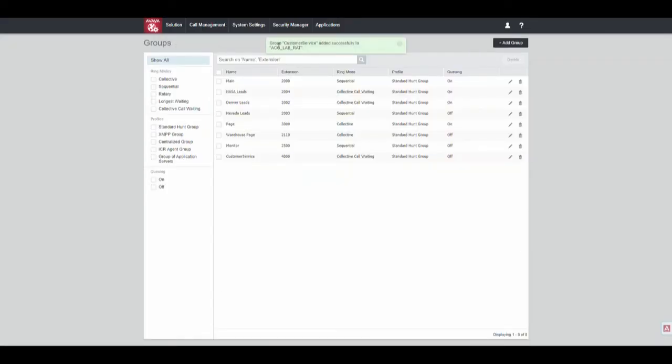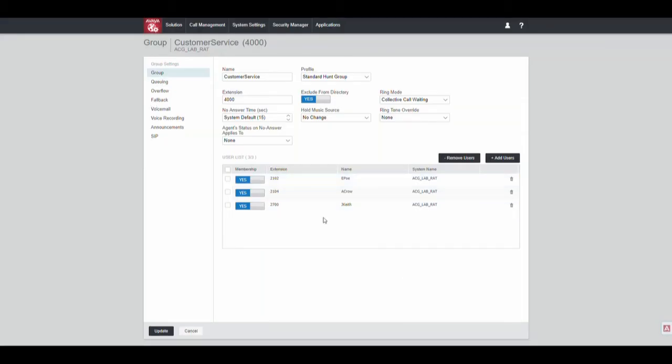Great. And if you've noticed, Group Customer Service added successfully. So now you can see in your Hunt Groups page that customer service is populated, has the correct extension, and it also has the ring mode enabled with the standard Hunt Group profile, and queuing has been turned off. Now in the future, if you wish to return to the Hunt Groups page to make any changes to the customer service Hunt Group, you can click on the Edit pencil here,